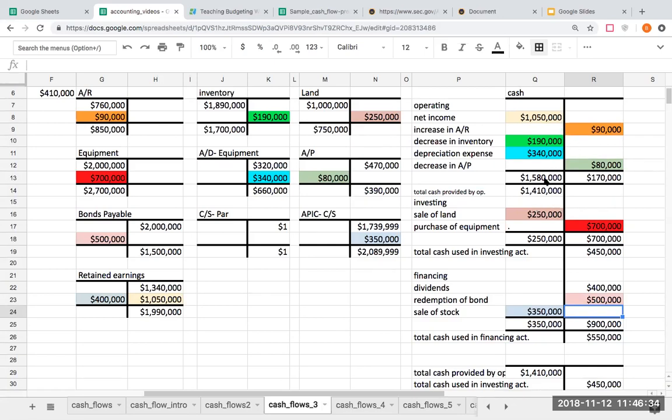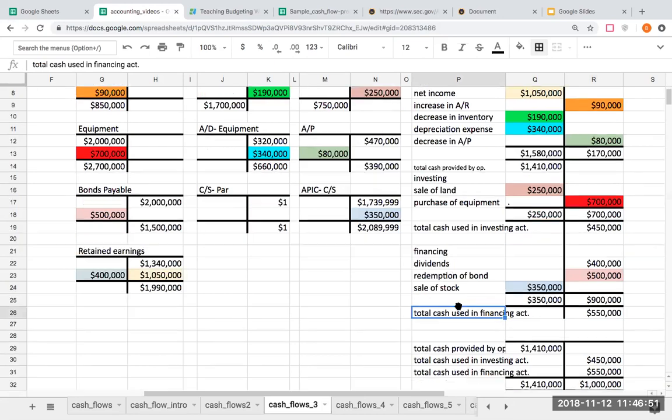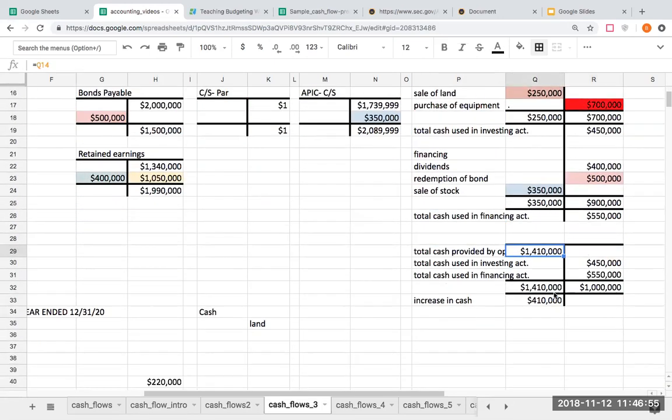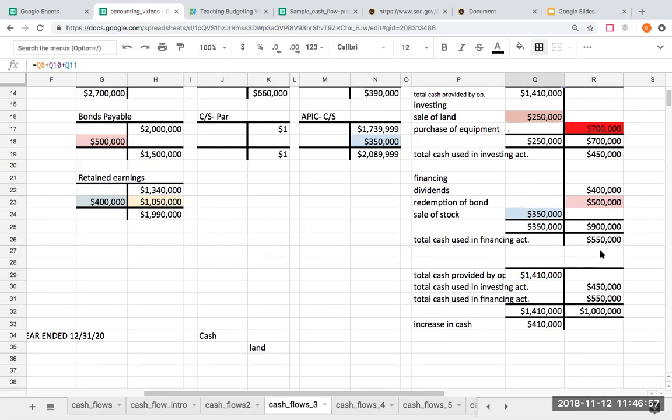As I total up each one, total debits, total credits. If the amount was a total debit, it's going to be total cash provided by operating. If the total cash was a credit, it would be total cash used in investing. If it's over here, if it's a credit, again, it's going to be used in. So I added up those three areas, the 1,410,000, which is coming from operating, investing, financing, and my total change